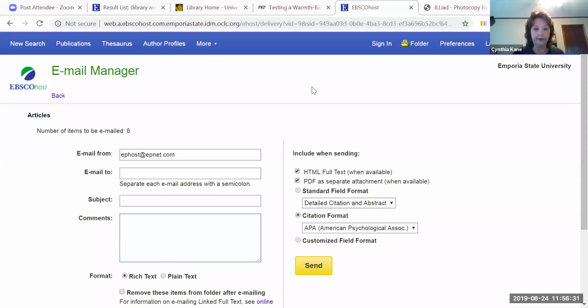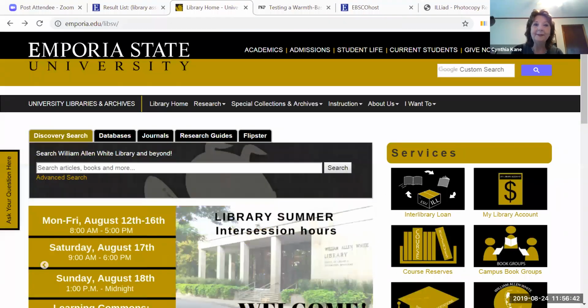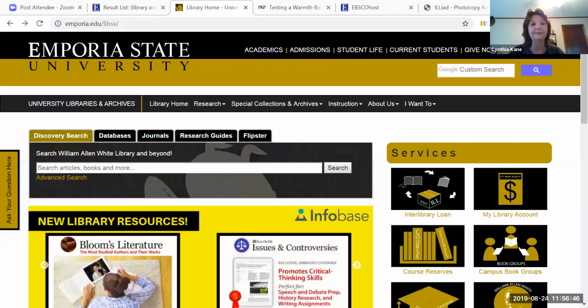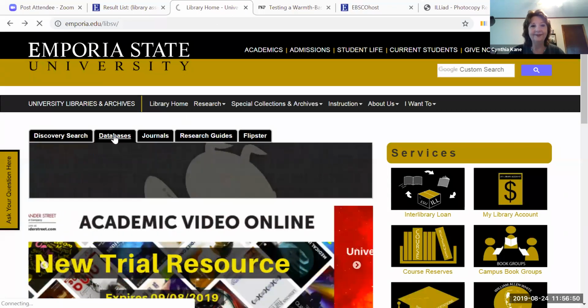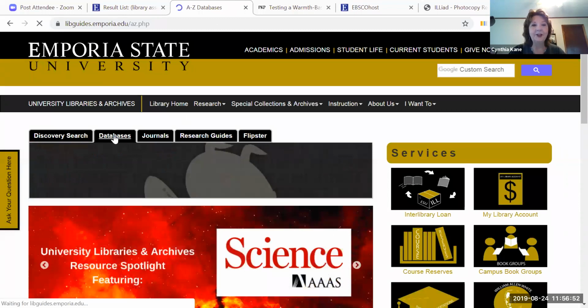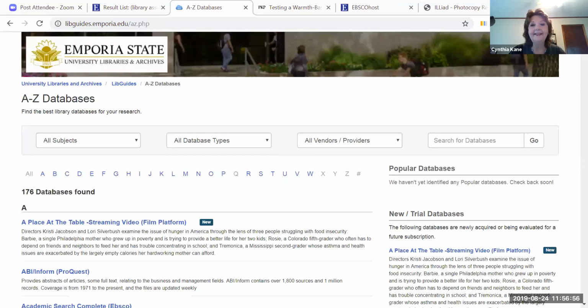So in the next few minutes, I'm going to show you one more thing here. I'm going to go back to the library's webpage, and I'm actually going to put in a plug for something we have coming up that will also be new for the SLIM professors. So I'm kind of excited to be able to tell you about all of this. We're going to go back to databases. And the last thing I want to show you, and then see what questions you might have, is a resource that actually